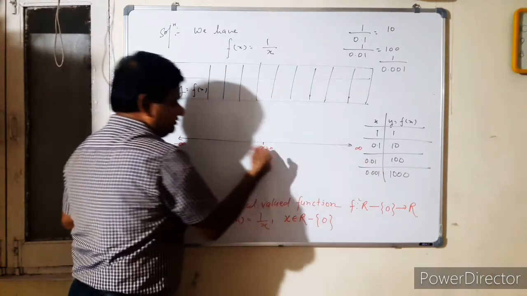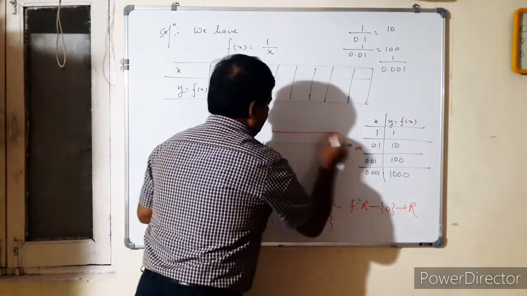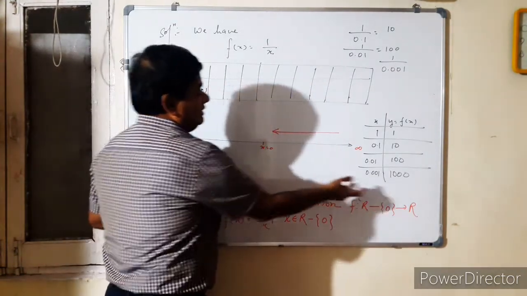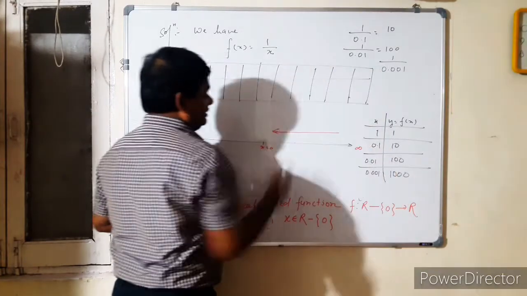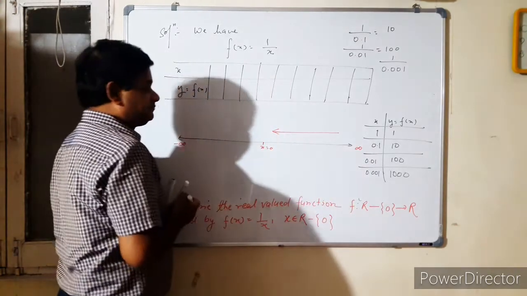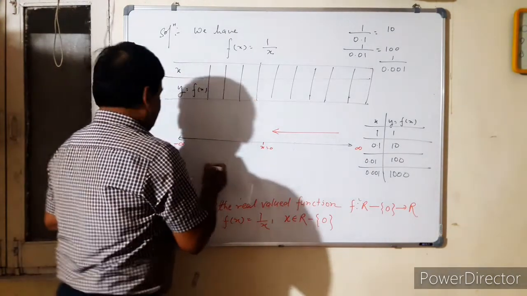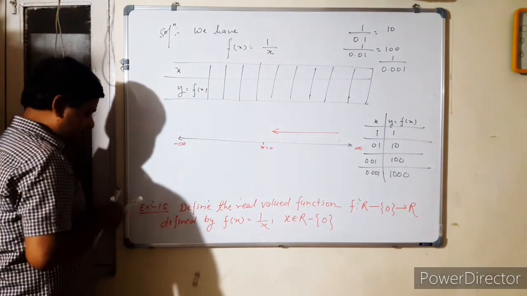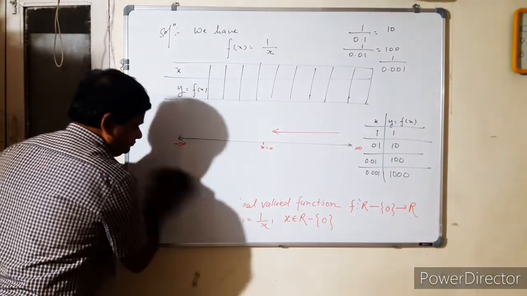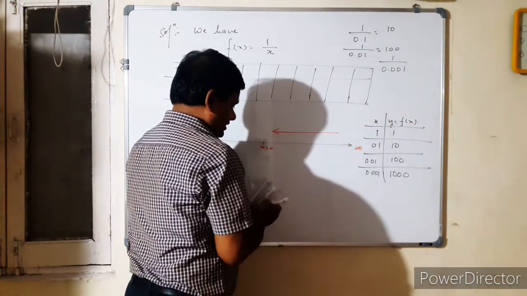0 side, towards the 0 side, your value is increasing, the y value is increasing. Okay, so the y value is increasing when you are coming towards here. If I am taking here now, if here